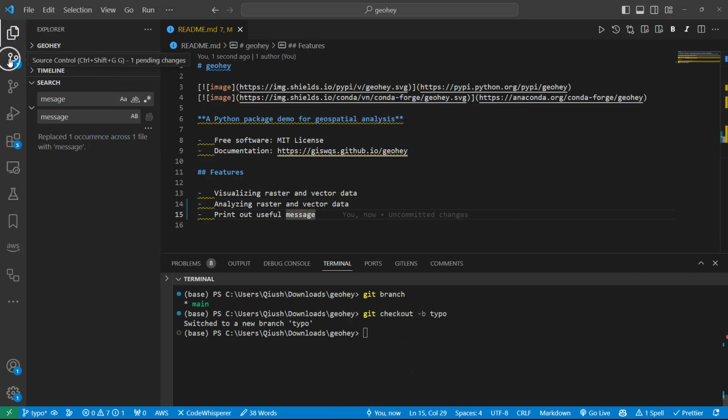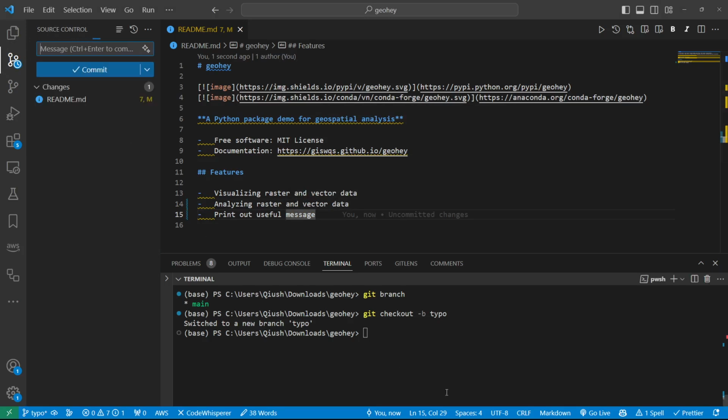Now you can push that to GitHub, using this new branch as a pull request rather than pushing directly to the main branch. So take a look at this one. I'm going to say, okay, fix typos. Control Enter. Okay. And then push branch. So right now it's not sync changes anymore because we're not using the main branch. So if I push the branch,